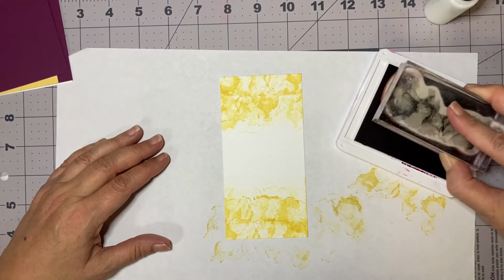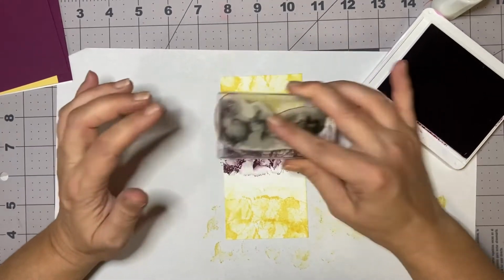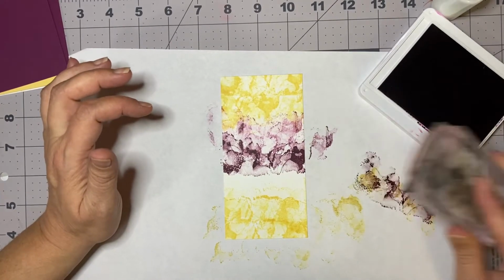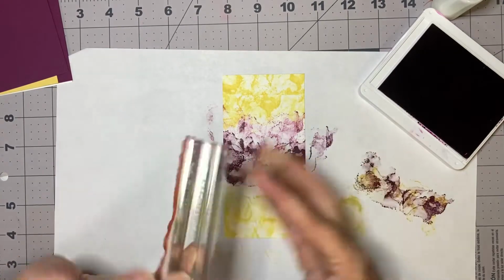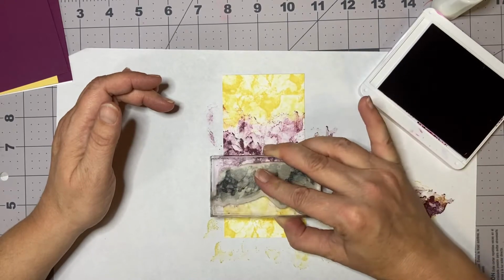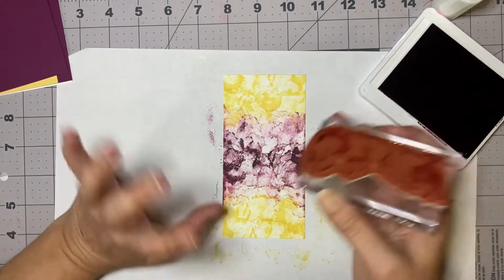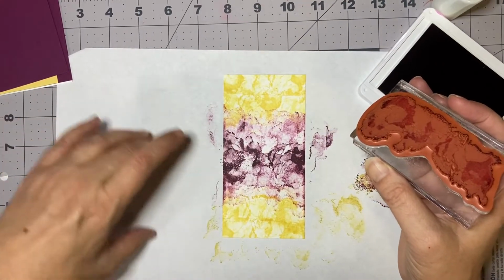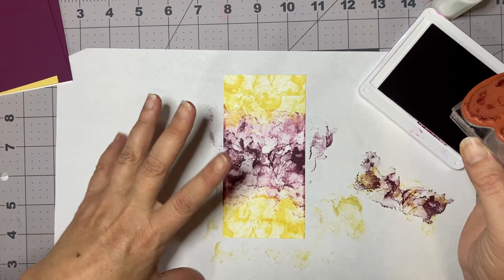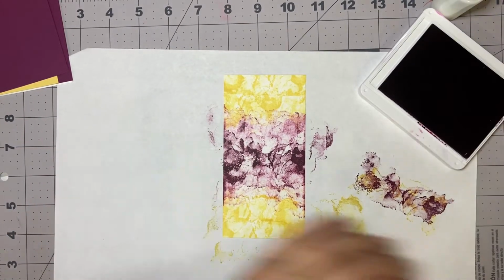And now I'm going to go ahead and stamp this right in the middle. And then stamp it several times going into the yellow. And sometimes I like to stamp it off a little bit so it doesn't get too dark. And I don't know if you just noticed it, but I kind of flipped my stamp around so that we have the stamp going in multiple directions so it doesn't look like the same thing over and over again. I kind of like the way it gives you like a stormy effect almost, and it just kind of all flows in and out of each other. So I'm going to clean this off,